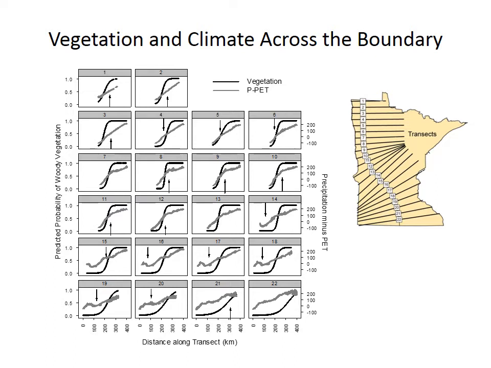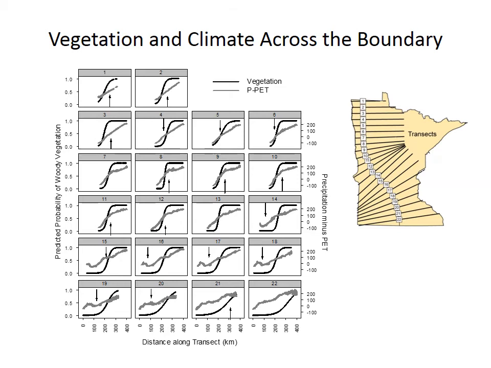Once you get trees, it tends to be shady and cooler, and fires don't occur as often. And once grassland is established, it tends to carry fires and maintain the grasslands, so there's kind of a sharpening of the boundary by the feedbacks from the vegetation itself. So gradual transition from dry climate to wet climate, but very sharp transition on most of these transects from grassland